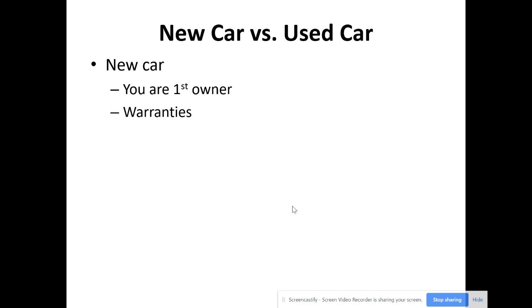It will generally come with warranties, and the warranties could be bumper to bumper, which means if anything goes wrong on it for a certain amount of time or a certain number of miles, it'll be repaired or replaced for free. Specific things like the engine and the powertrain, in other words, the transmission and the axles and stuff, may have longer warranties. And this just simply means that if those parts break, then you won't have to pay for it as long